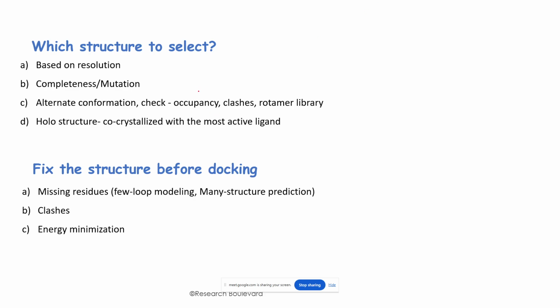So yesterday we covered this portion, right? So what can we do if you have multiple structures? You should take the best resolution and look for structure completeness. If you are looking for wild type, you should take the structure without any mutation, right? If you want to study resistance against a particular drug,